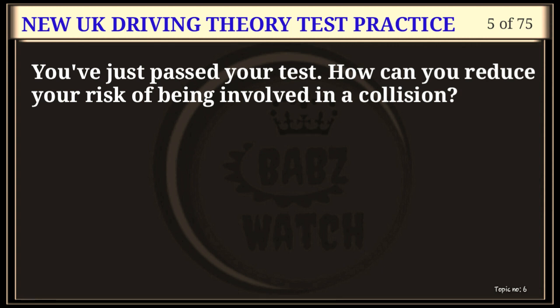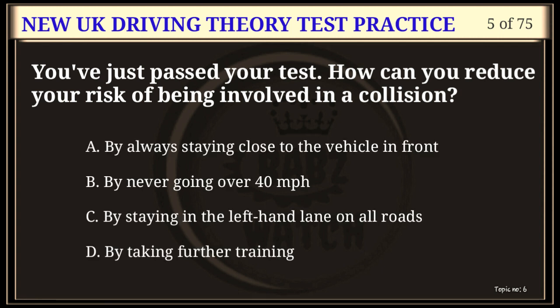Question 5 of 75. You've just passed your test. How can you reduce your risk of being involved in a collision? A. By always staying close to the vehicle in front. B. By never going over 40 miles per hour. C. By staying in the left-hand lane on all roads. D. By taking further training. The correct answer is D. New drivers and riders are often involved in a collision or incident early in their driving career. Due to a lack of experience, they may not react to hazards appropriately. Approved training courses are offered by driver and rider training schools for people who have passed their test but want